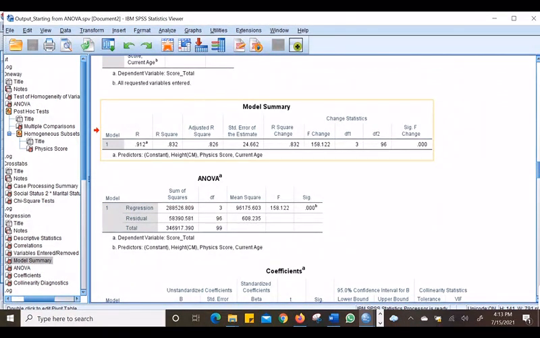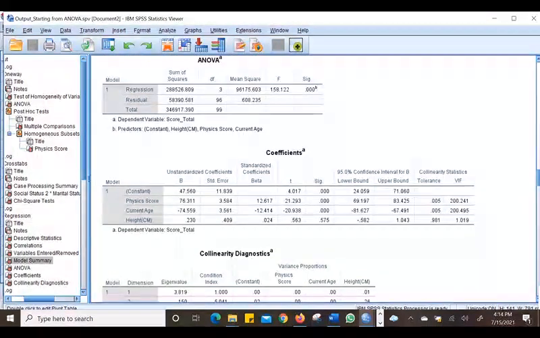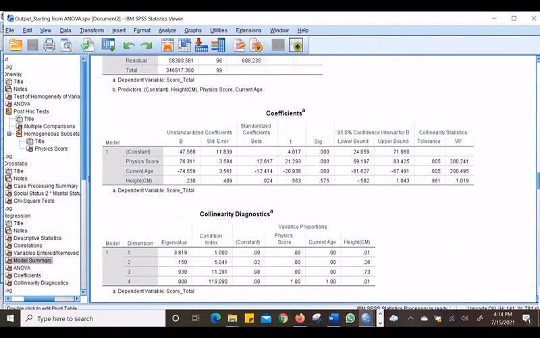That's what it's saying. So we just want to see how much more influence this could have. Next is the coefficients. This is where you now want to read the main score. When you look here, your interest will be in the standardized coefficients, beta. These are the unstandardized ones, but you just look at the standardized coefficients. So you can see physics score is 12.6 and